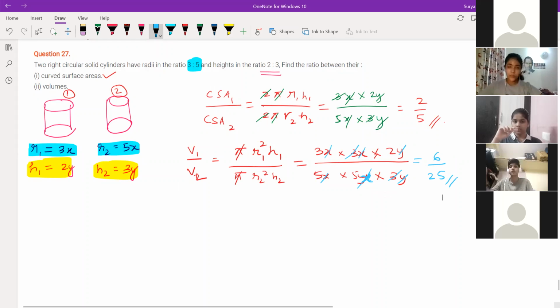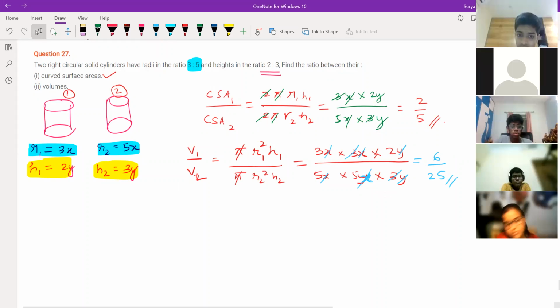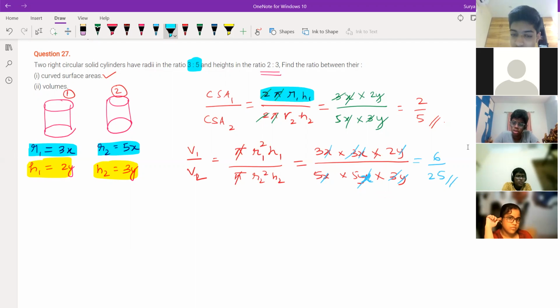So this was a very easy question, right? Anyone, children, if you are having doubt, please ask. Akshat, it's clear what I'm writing here. Yeah, sir. It's clear everything. Only you might have doubt in the formulas, right, Akshat? Okay, this formula 2 pi R1 H1. Everything is uploaded in Google Classroom. Are you there? Yeah, sir, I'm there. So surface area and volumes, 9th class is mentioned. Every formula is there. Try to understand and write it somewhere.